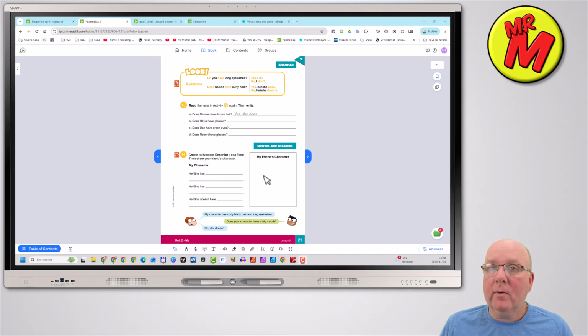So, une fois que vous êtes en équipe, uniquement après avoir complété cette première partie, vous allez lire à haute voix les caractéristiques de votre personnage et votre collègue va dessiner dans son cahier à quoi il pense